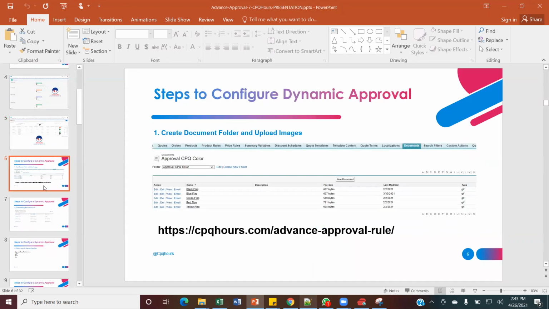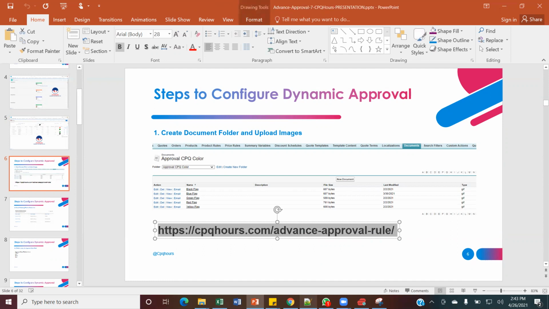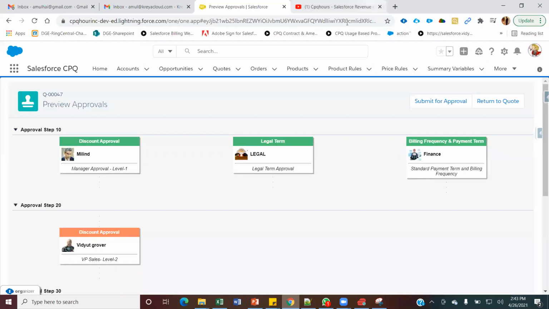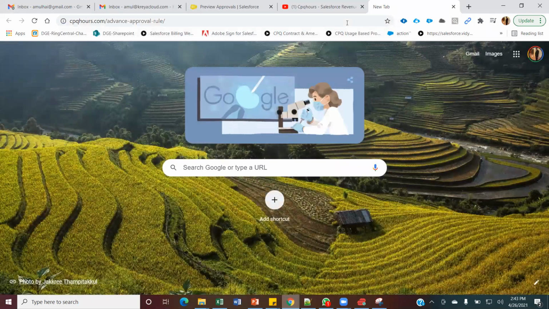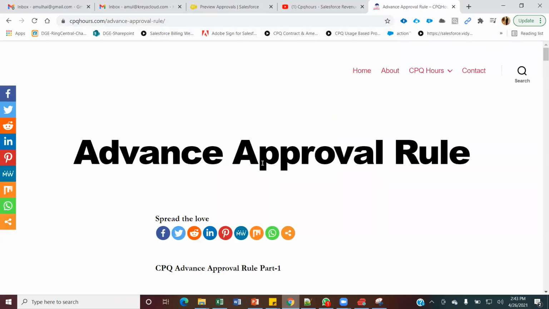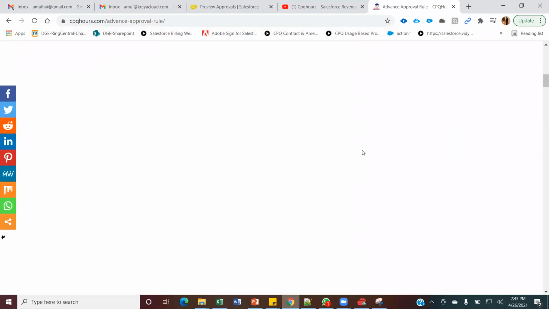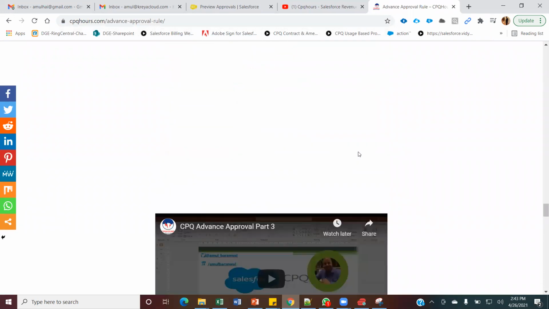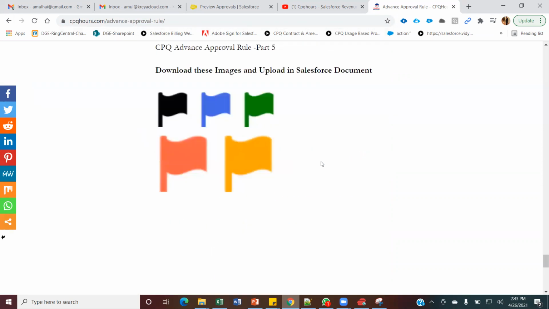Before we start, we'll have to create a document folder and upload these images. You can find these images that I have already uploaded on my CPQ Hours website. First and foremost, you'll have to download those approval rule flags: red, green, blue, black, whatever I have used so far.